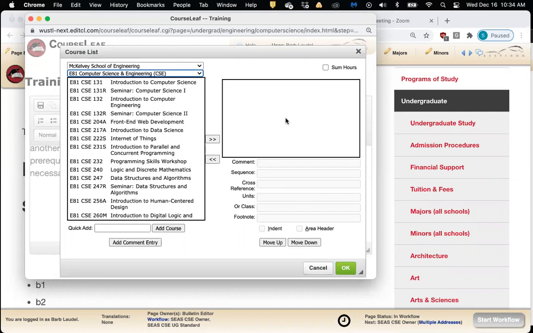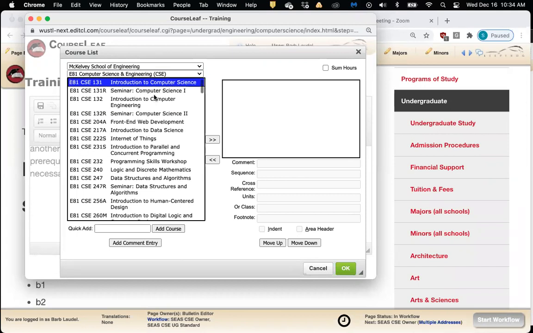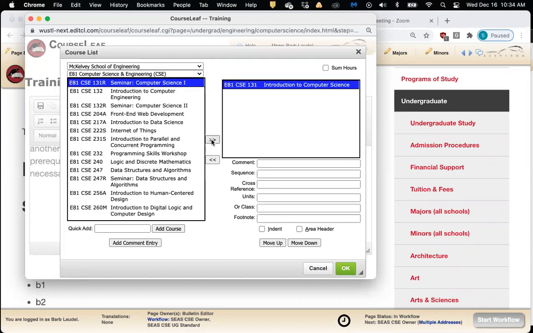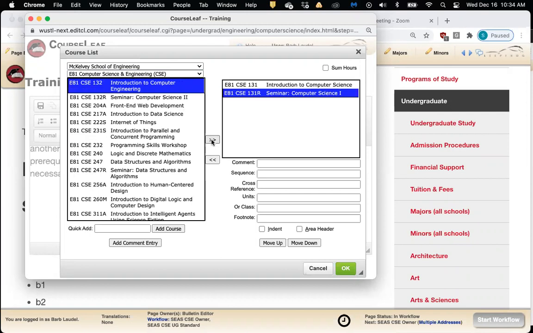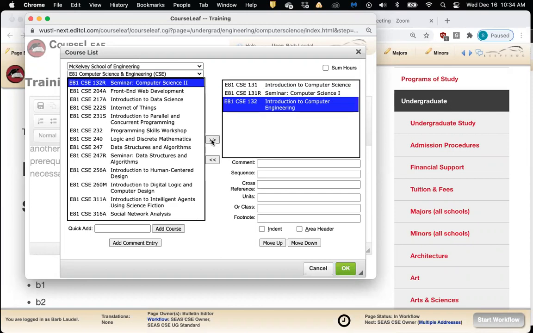So to move those courses in, I'm going to start selecting them and then go to this arrow icon that's pointing to the right that says add selected to course list. And then I can just single click, single click, single click, and add those into this box.